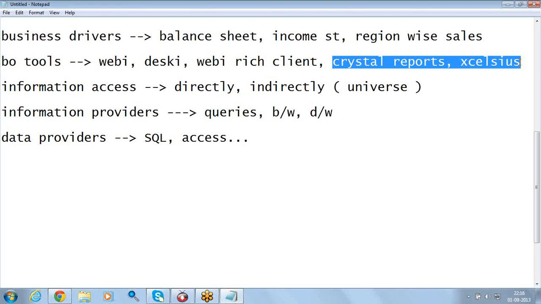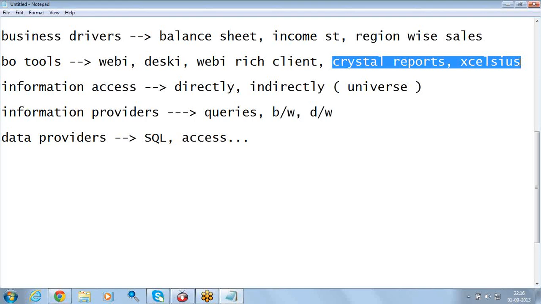Till version 3.1, Webi, Deski and Web Rich Client were all there, but in 4.0 they have removed Deski completely. So we have Webi and Web Rich Client, and they have made improvements in the Web Rich Client so that it can generate reports without the universe also.